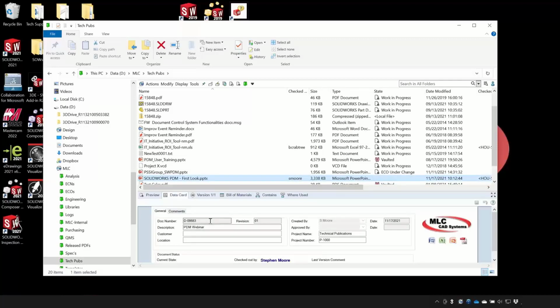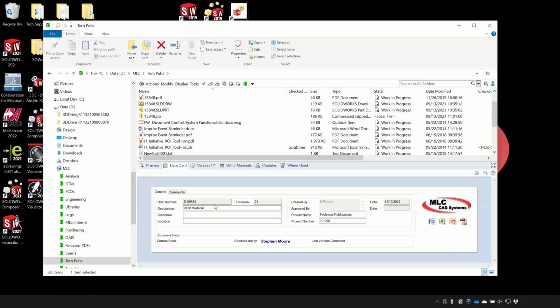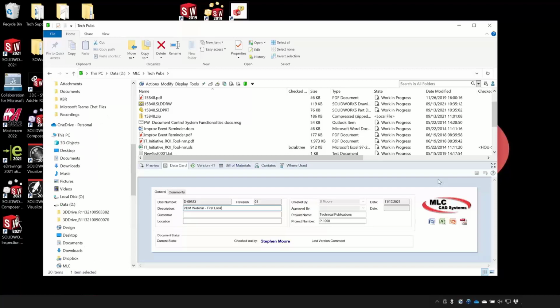Now, one of the things that we want to look at is down here. This data card information that's available for us is great, but I'm missing a piece of information. Now, these are what we call metadata for the file. So when I update this data card, it's actually writing the data back into the file, so that when I use that file later on, I might be able to use a quick link or a named range or something like that, depending on what type of file I'm using, and you can automate the insertion of properties there. I'll show you that later in the demonstration, but for now, let's take a look at this